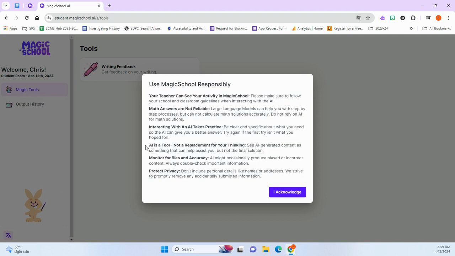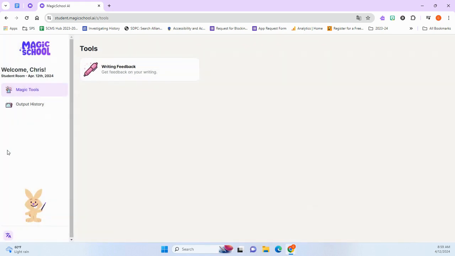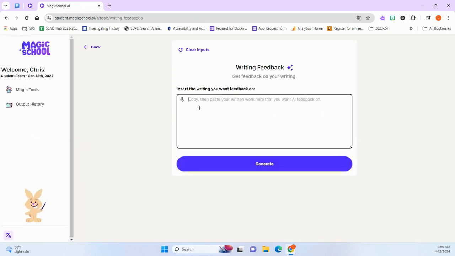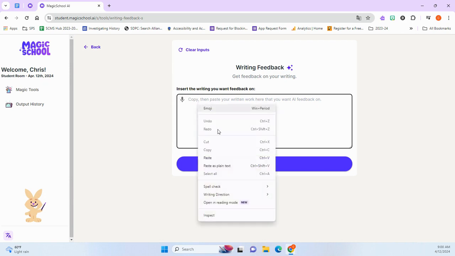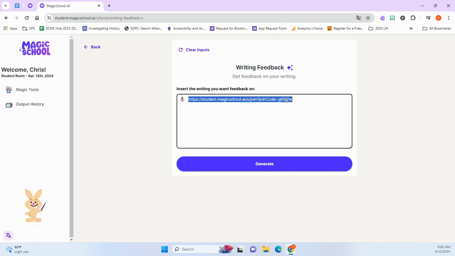So I recommend having your students read this and you read it yourself to really understand that, right? AI is a tool. It's not a replacement for our thinking. I think that's a big one. These tools are going to be around. They're assistants to help us do more and be more efficient, but they're not really going to replace what we need to do. So I'm going to acknowledge that, and I'll show you what it looks like on the student end. So when the student gets in there, they'll just click here, and similar to how we saw before, they'll have this prompt that asks them to paste their writing in there, and then they can do that and be off